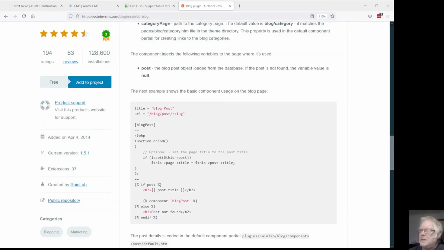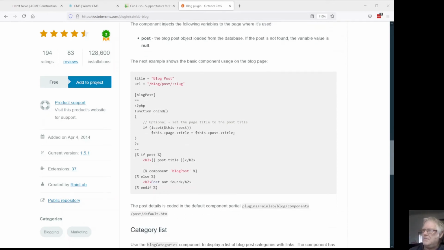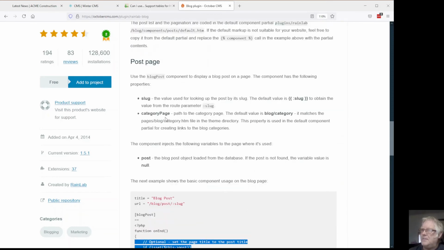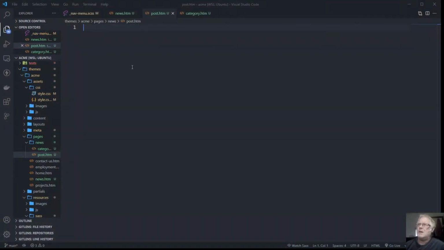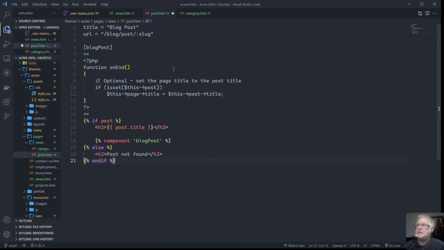Now we need to make our post page work, and that's done fairly simply by adding some markup for the content. So in the documentation, under post pages, post page, I'll just grab this here, copy that, and go over to here, paste it, and just leave that as the default at the moment. This should be news rather than blog,